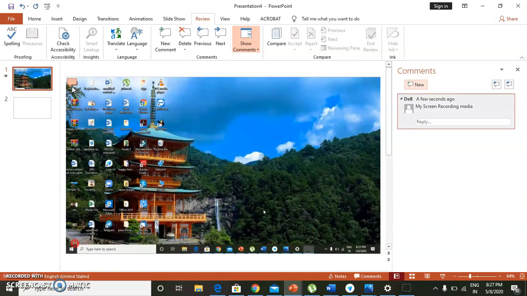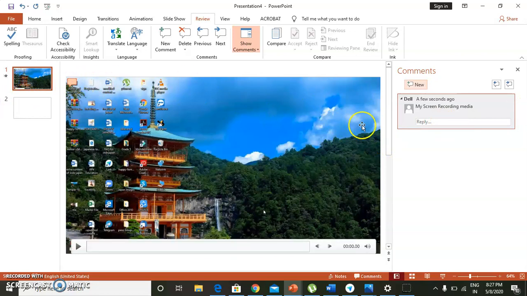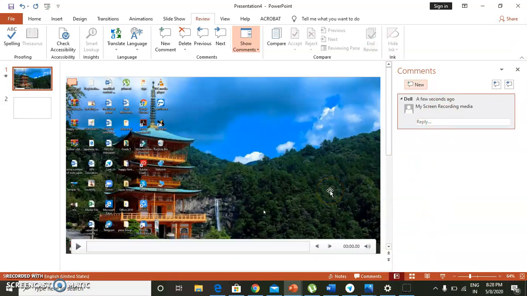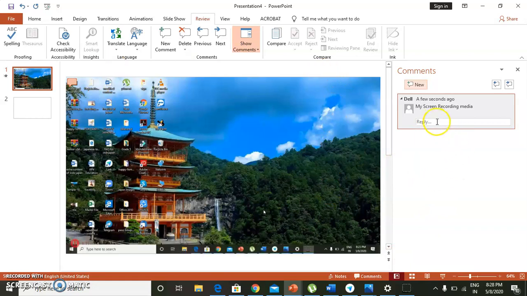When I will click here, I can reply it. So comment icon appear on the slide and comment task pane open. This is a comment task pane. Type the comment and then click outside the comment box. Okay.